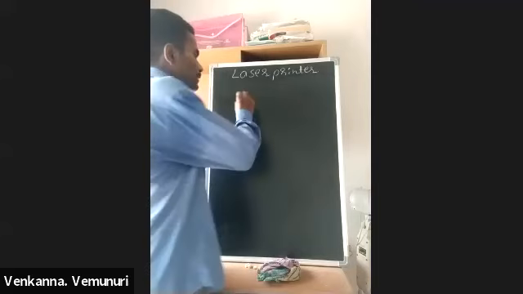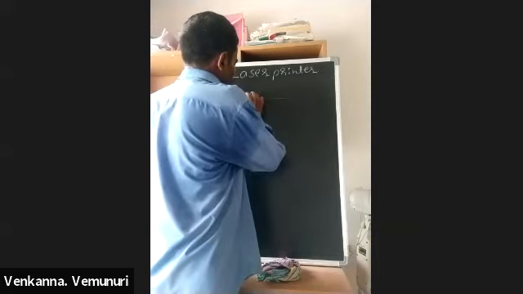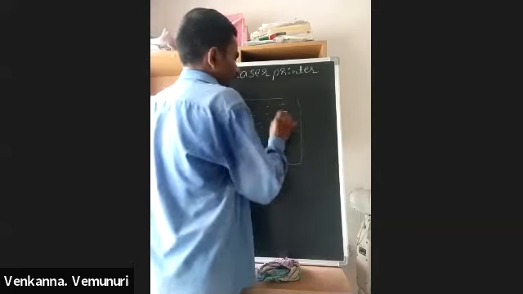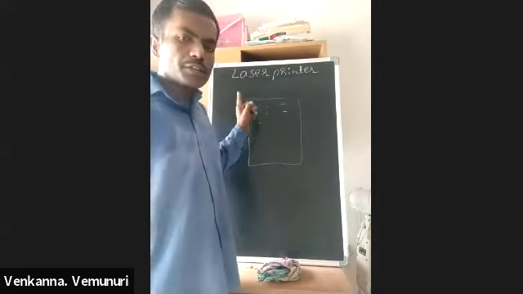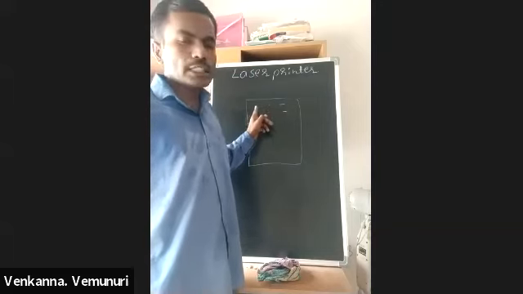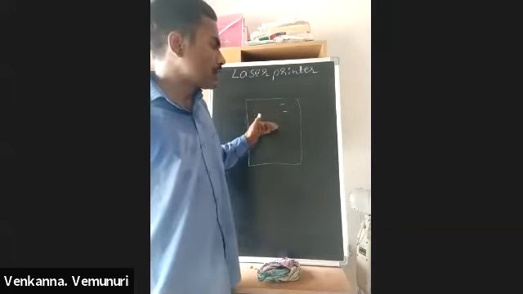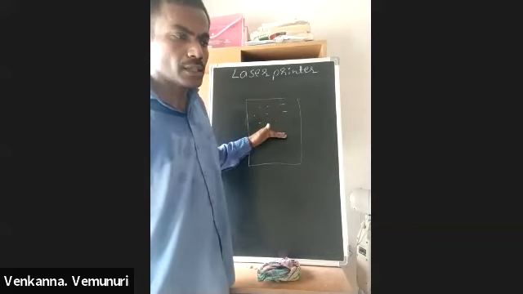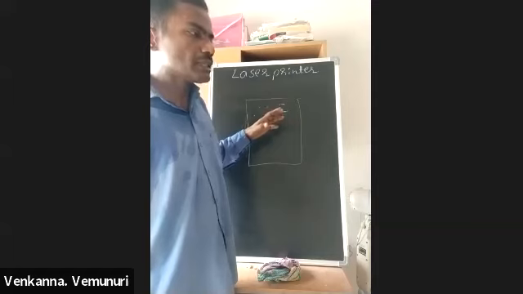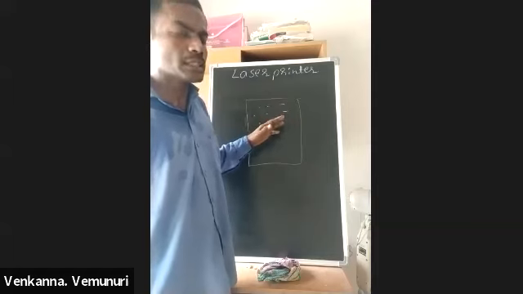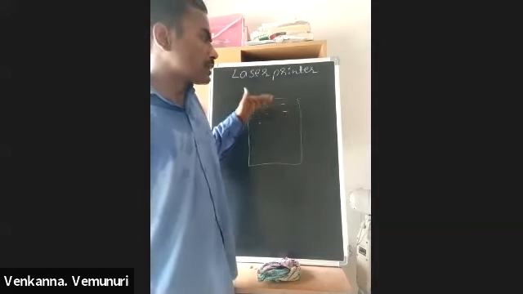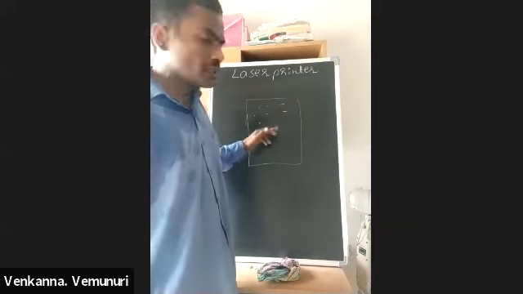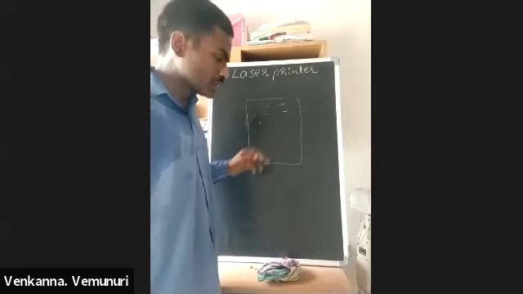Sometimes print with dots. In this page, the print is coming properly and the total page has black dots. At that time also we suspect the waste powder chamber. If the waste powder chamber is full, excess powder is dropped on the paper. When we are giving a print, this printer generates some vibrations. Because of those vibrations, the powder is dropped on the paper. At that time we get print with black dots. This is another problem.